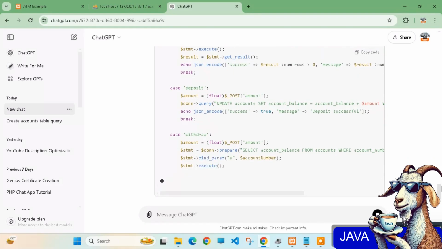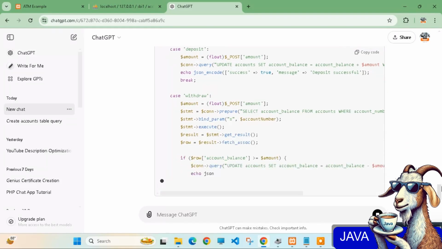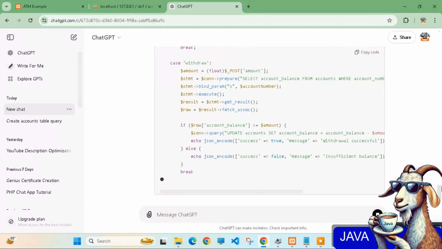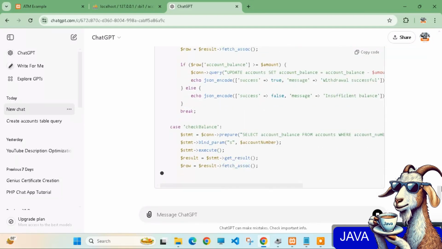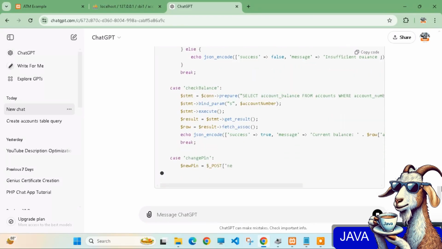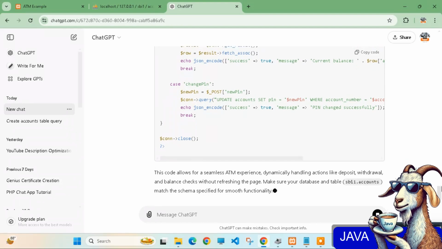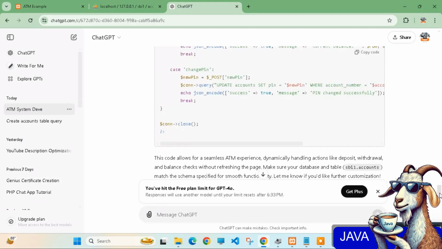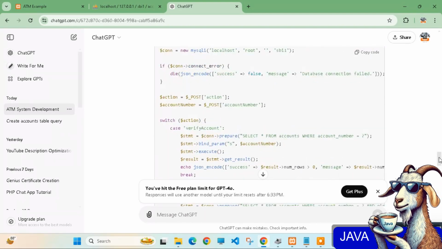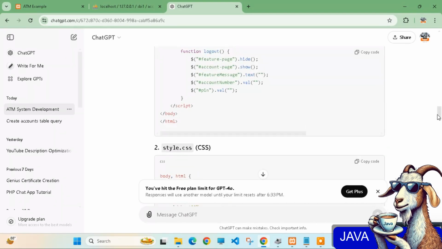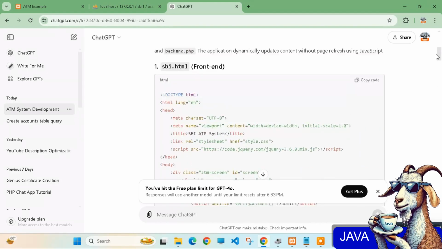So let it write. Okay, now PHP is about to complete. The code is so much optimized. If you know how to write the query, then that's very fantastic. Perfect, it has given us all the